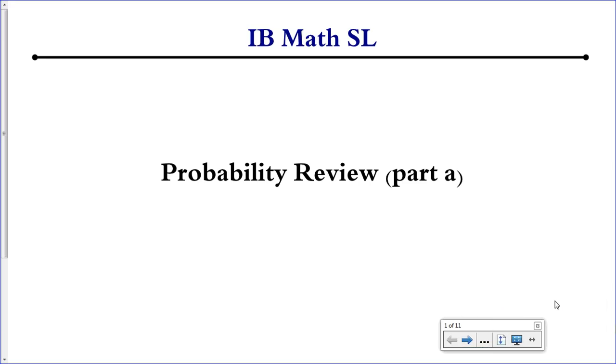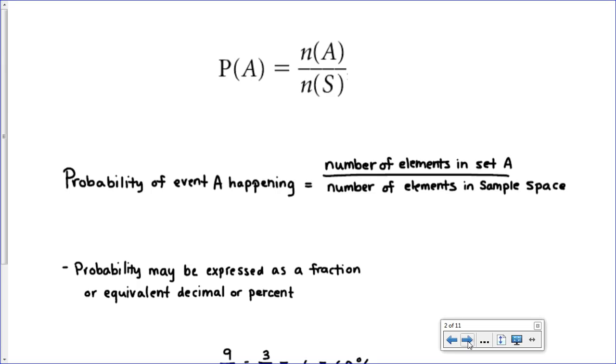Okay, so in this video, we will start a review of basic probability. Starting with the definition of probability, which is that the probability of event A happening is equal to the number of elements in set A divided by the number of elements in the entire sample space. We set it up as a fraction, and we can leave it expressed as a fraction or convert it to